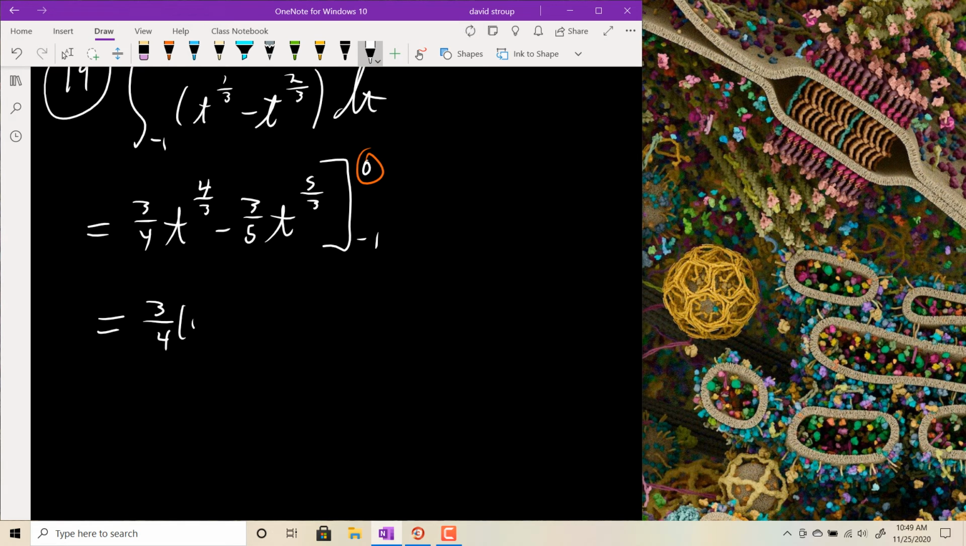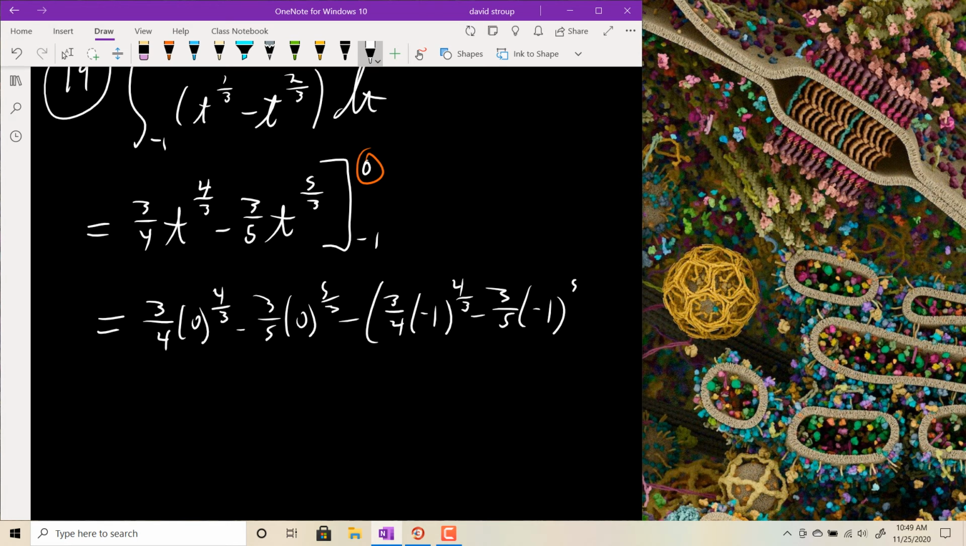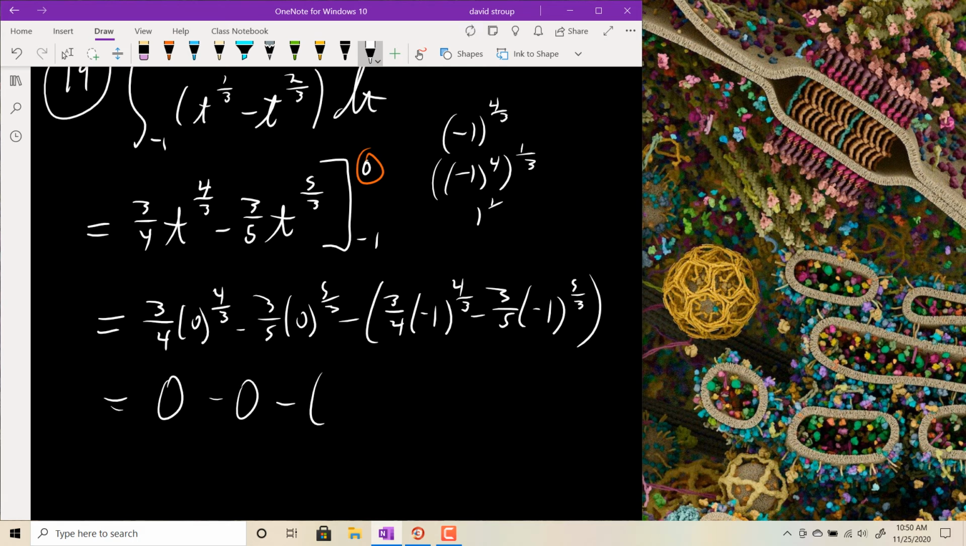That would be 3/4 times 0 to the 4/3 minus 3/5 times 0 to the 5/3, minus, and then 3/4 times -1 to the 4/3 minus 3/5 times -1 to the 5/3. The first part is just zeros, 0 minus 0. And then the second part, -1 to the 4/3. What is that? Well, it's -1 to the 4th, and then the cube root of that. -1 to the 4th is +1, and the cube root of 1 is just 1. So this is 3/4 times 1